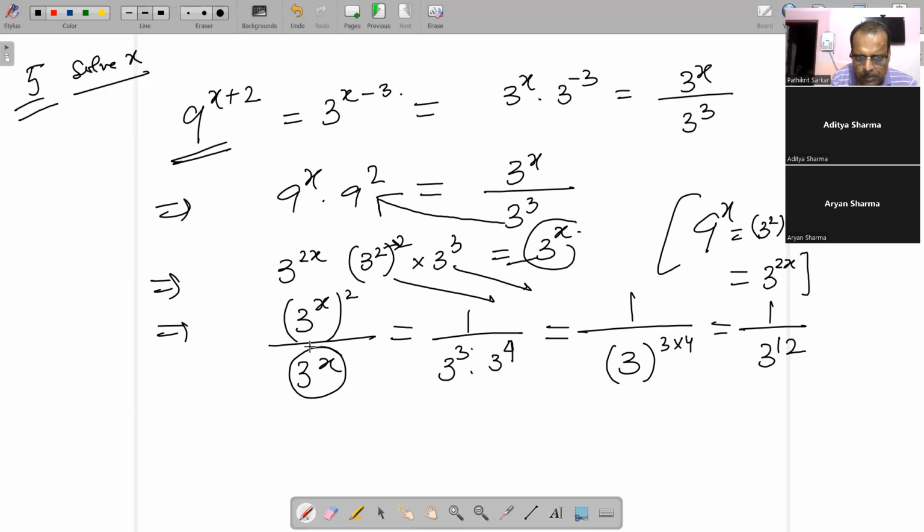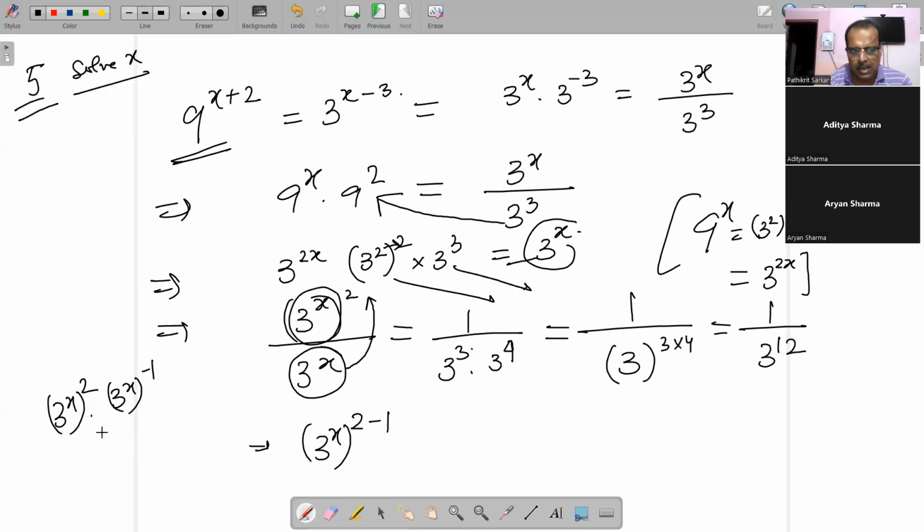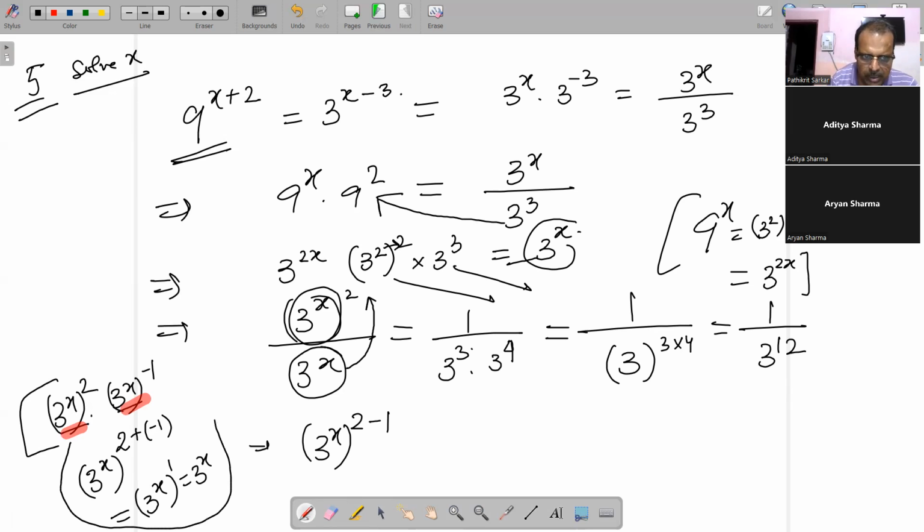अभी यहाँ पर देखो क्या कर सकते हैं सर, यहाँ पर 3 to the power x है, यहाँ पर भी 3 to the power x है, तो हम लिख सकते हैं 3 to the power x का 2 minus 1, क्योंकि इसको हम ऊपर उठा देंगे तो ये हो जाता है 3 to the power x का whole square into 3 to the power x whole to the power minus 1। अगर 3 to the power x बेस है, दोनों जगह में 3 to the power x is the base, तो इसको हम लिख सकते हैं 3 to the power x, और ऊपर का पावर ऐड हो जाएगा माने 2 plus of minus 1, तो इसमें से आ जाएगा 3 to the power x whole to the power 1, तो this means 3 to the power x। तो इसी हिसाब से these things we can create,